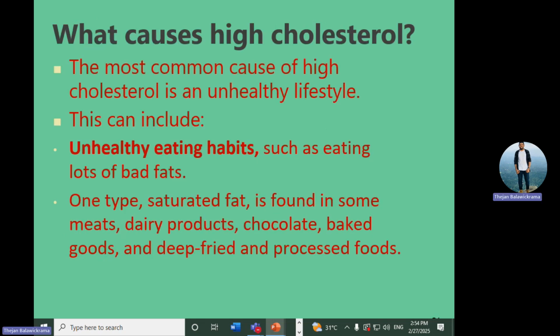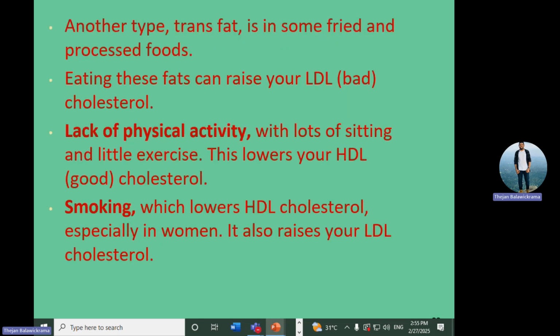So here, when it comes to unhealthy eating habits, saturated fat is found in meat, dairy products, chocolate, baked goods and those things, and that is one type. And the other type was in the other slide, right? So the other type is fried food and processed food. So when it comes to cholesterol,